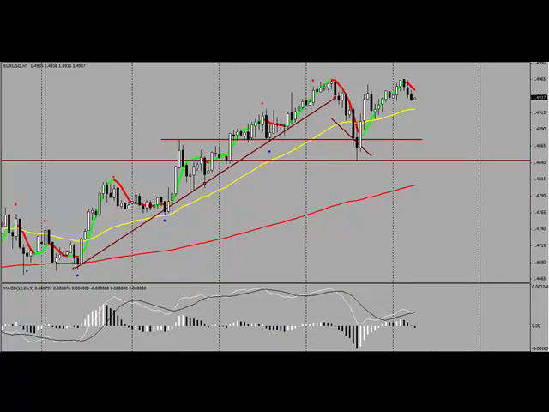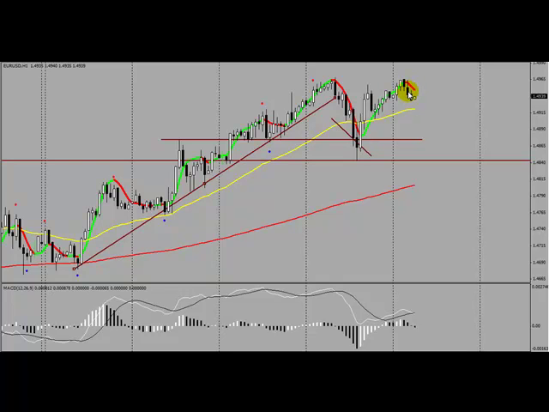Take a look at the euro dollar for the August 16th session. It's actually a pretty clear trade for me at this particular time. We don't even really have to go all the way up to the different time frames. There's a lot of good support and resistance here on the 1 hour chart. And you can see that we have this really nice trend line that we've broken here